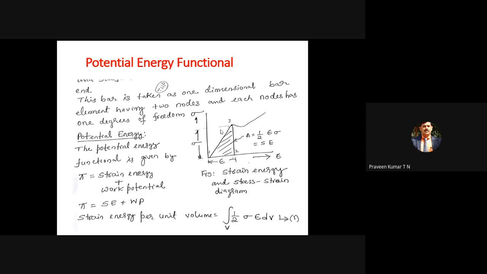Then now the spring is compressed. What happens to that remaining 600 watts of energy? That amount of energy is available within the spring itself. That energy is referred to as the deformation energy. That energy is referred to as the strain energy. That energy we can find out by plotting the stress-strain or load versus deformation diagram.